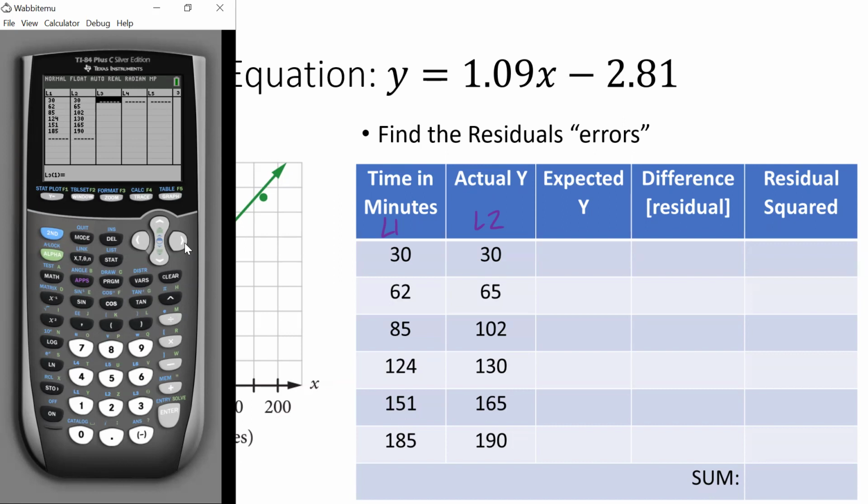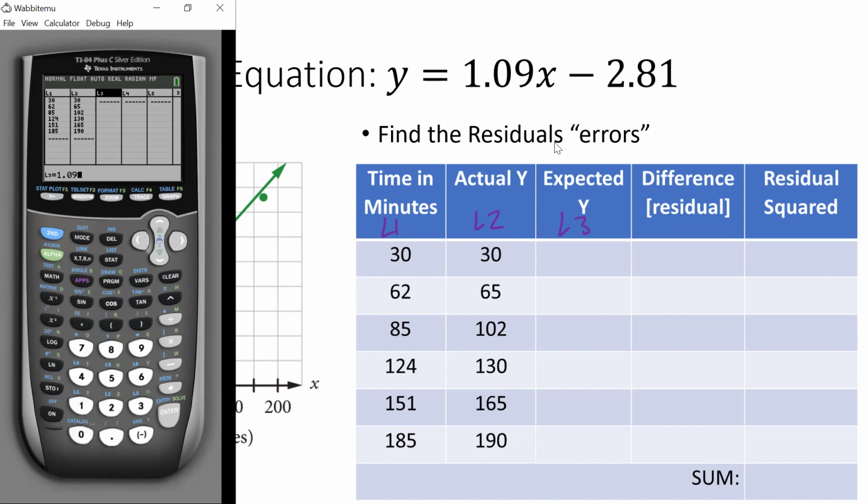All right. Our expected Y value is going to end up in our L3. So it's going to populate itself in our L3. To make it populate itself, you're going to arrow up to L3. So where it says L3, your L3 has to be bolded. You arrow it up, and now it's going to be bold. And we're going to type in the given equation. So our equation is